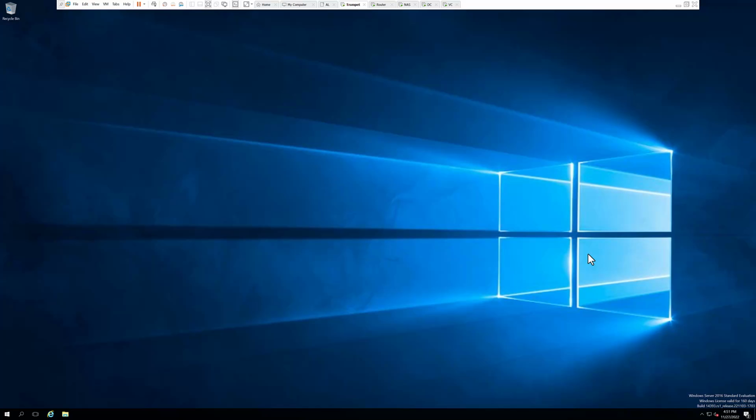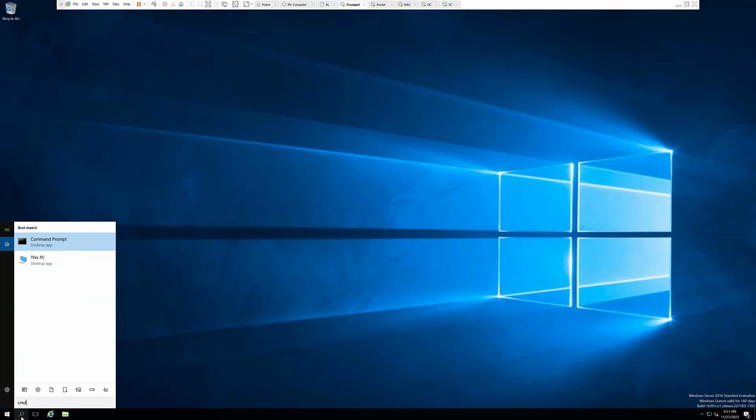This is how you view all the active and listening ports on a Windows server using Windows Server 2016. In the lower left-hand corner, you want to click on the magnifying glass, type in CMD, press